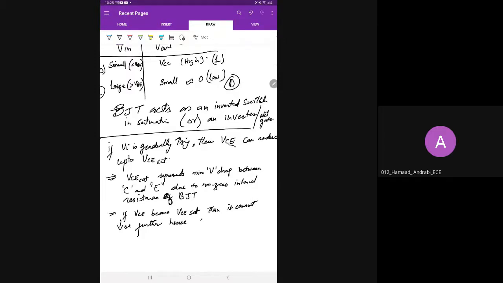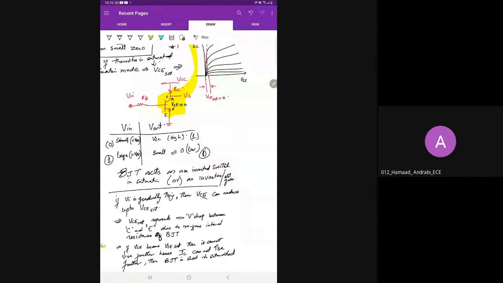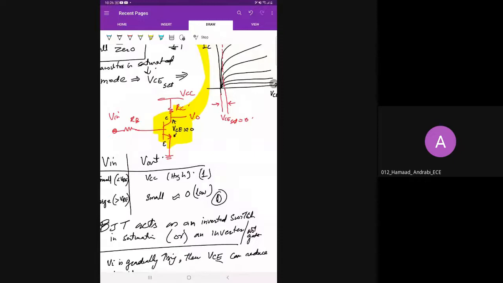Hence, IC cannot increase further. Then the BJT is said to be saturated, because IC is not increasing now. Okay, if VCE cannot decrease further, then IC will be maximum. Now see, when VC is decreasing,